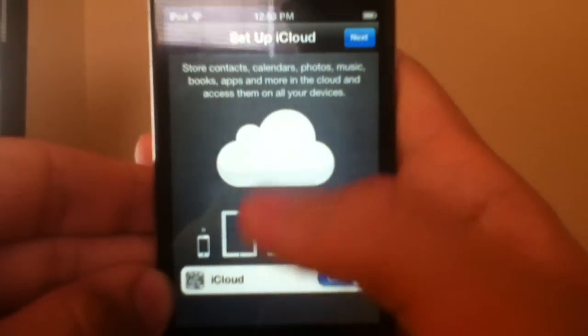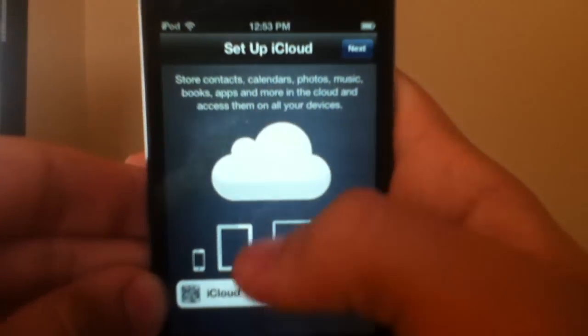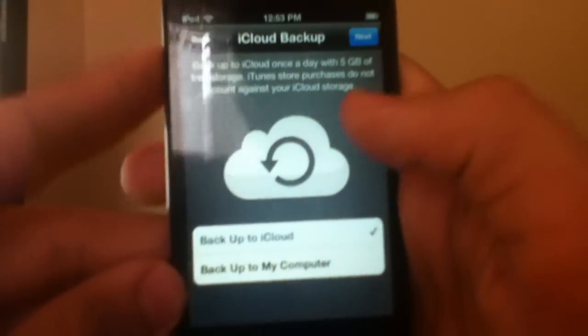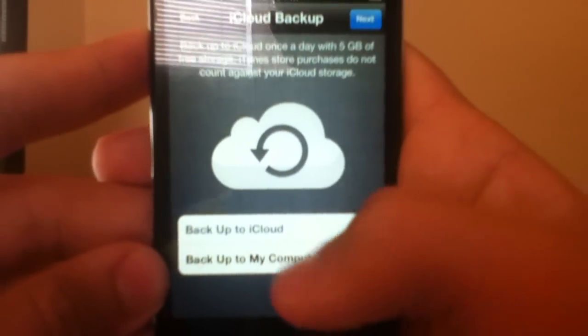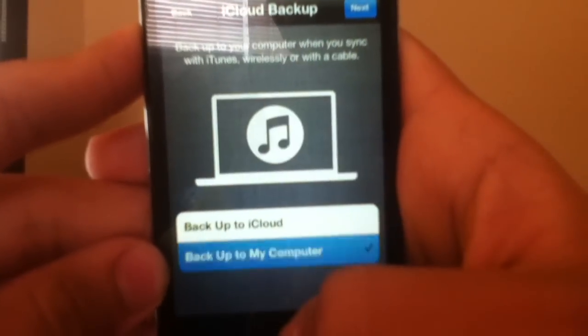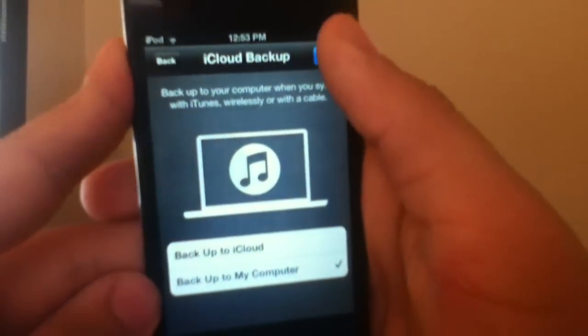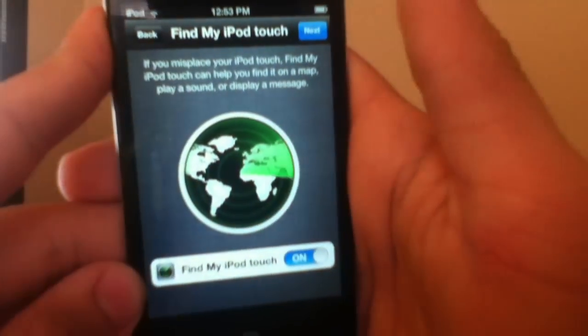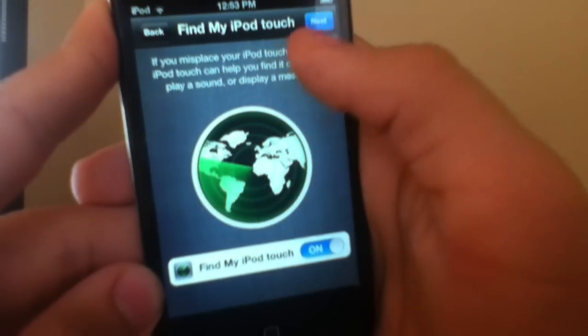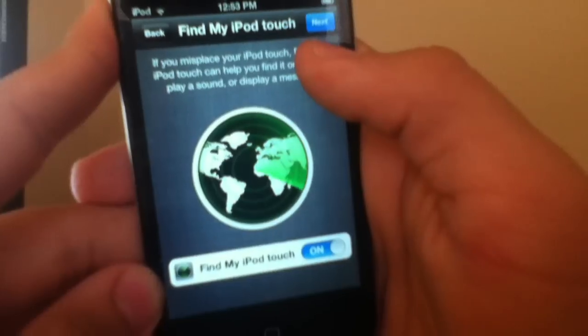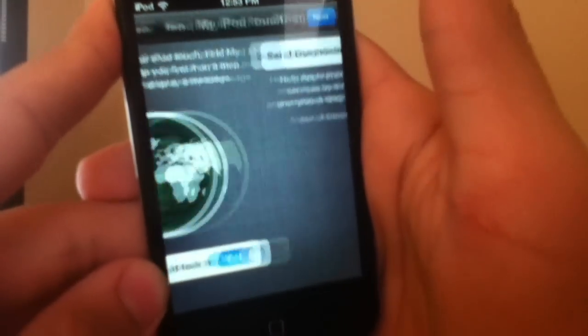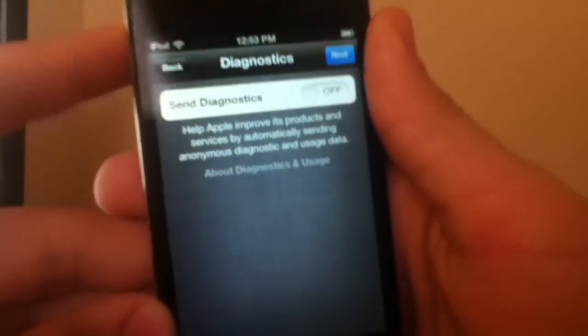And right here you see this nice transition, and I'm going to click next. And now you can select if you want to back up to iCloud or back up to my computer. I'm going to back up to my computer because you could back up to iCloud anytime you want. So I'm going to click next and find my iPod Touch. It's just to find your iPod Touch if you have lost it. I'm going to click next, and right here you can send